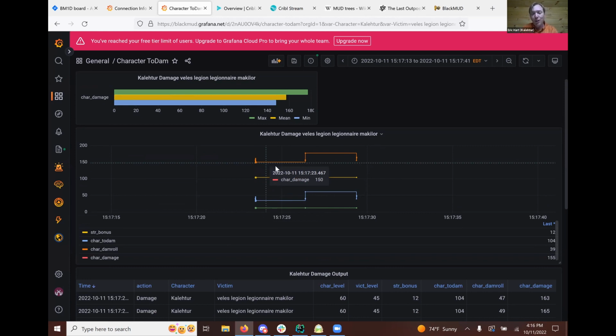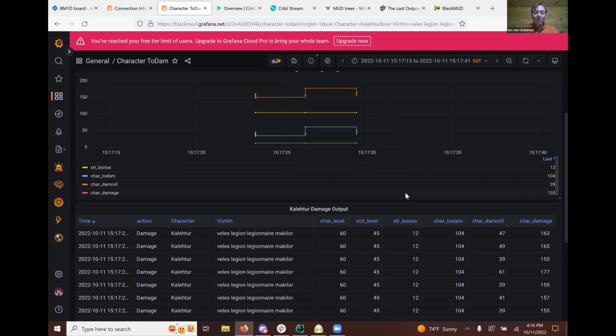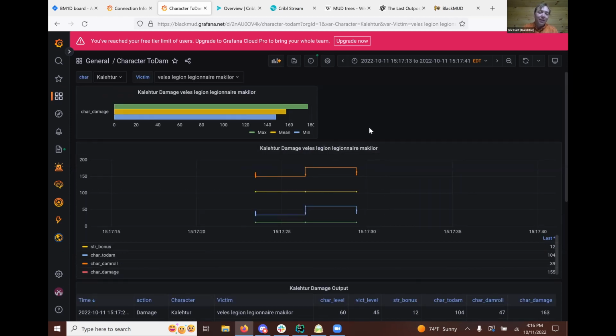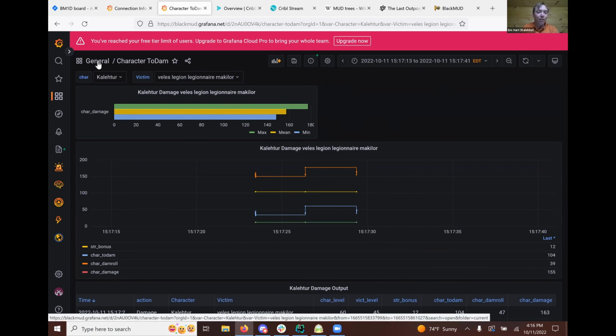All of that's taking place inside the game engine, but I can take a look at what type of rolls came out, what's my max damage throughput, what's my mean damage, and what's the minimum damage that I observed in there. So it's going to allow us to do something that we've never actually done in this mud game, which is analyze the game and do some balance. So I think that's going to be pretty cool. I plan to build this out, but this is all pretty new in the sense of recent logs.